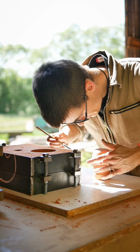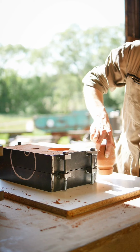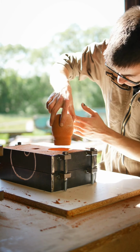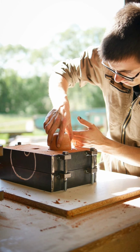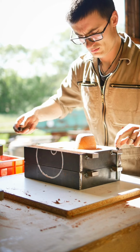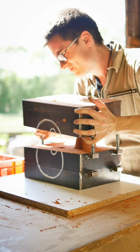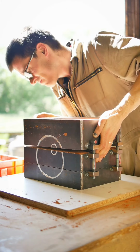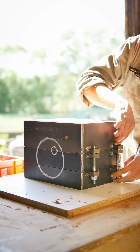I'm blending in the parting line on the sand core before I carefully place it inside the mold. With the top part of the sandbox installed, the sand mold is now complete and it's time to prepare the